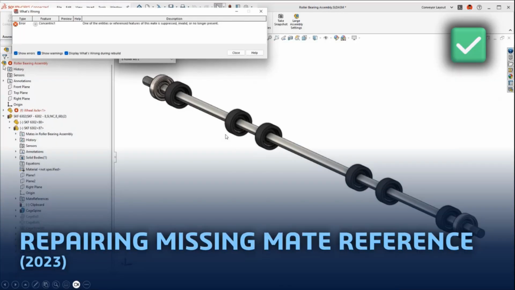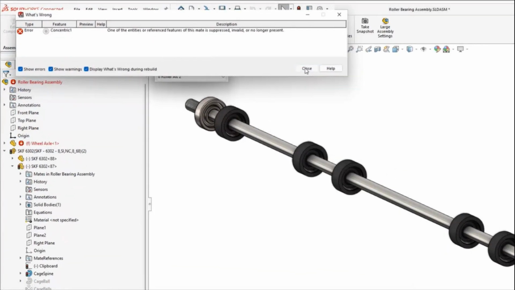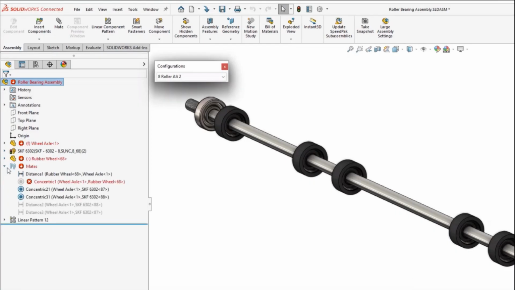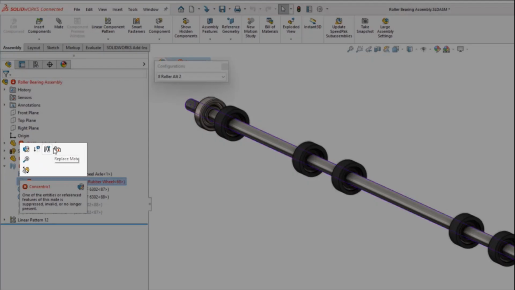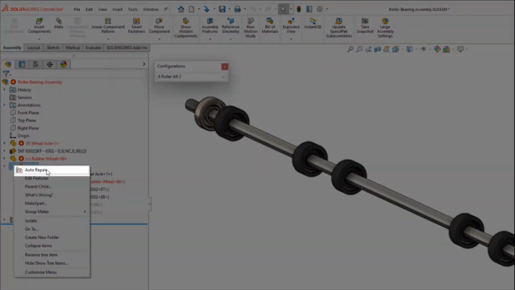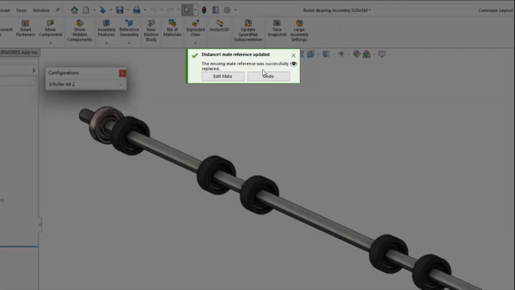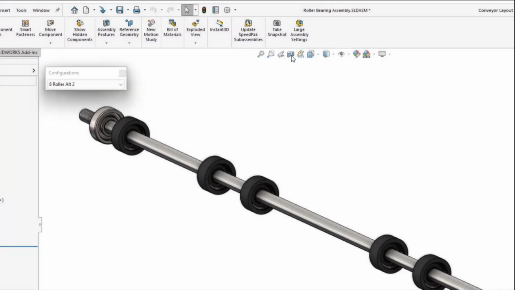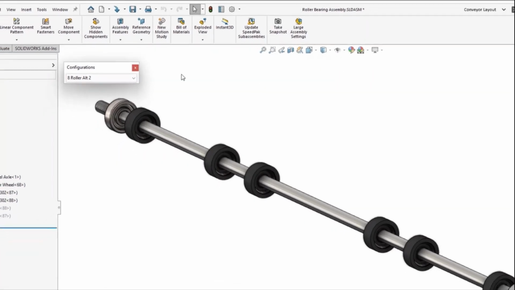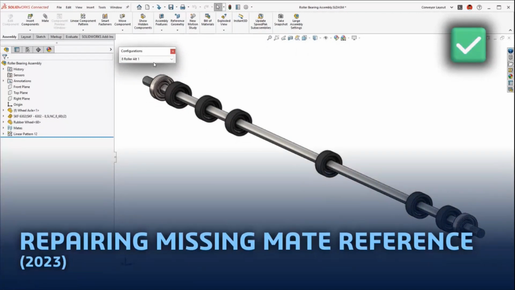There is one more tool, which is one of my favorites, which is mates. Mates are critical for creating a well-constructed assembly structure. However, as easy as smart mating is, and as advanced as the mating design is, they can still produce some unintended issues. So in 2023, we introduced this feature here, which has the ability to diagnose and, most importantly, repair missing mate references. If you are on the 2023 or newer version, I want you to try it. And if you are facing any issue, just let us know. Connect with our team, and we will guide you.